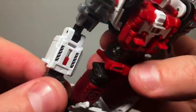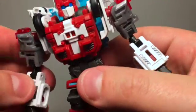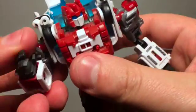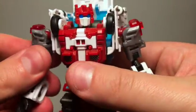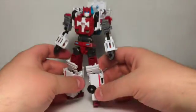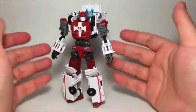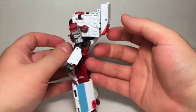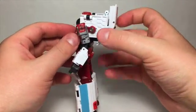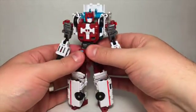And some nicely detailed forearms for the most part. If you look at them from certain angles, they're kind of okay, but yeah, they look good. And he has a really cool shape to him. I mean, I'm sure there are people who don't much care for this backpack going on here, but I actually really, really like it. It looks pretty cool from